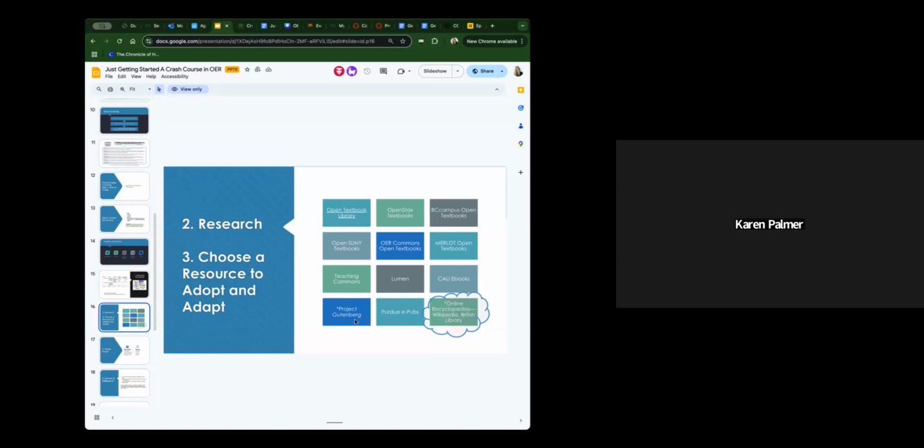In my literature courses, I can find some older stuff that I can just put right in the textbook for students. The thing that's in the little wiggly cloud is the online encyclopedias. So Wikipedia is Creative Commons, which is one of the reasons that, since Wikipedia came out, I know faculty always tell us don't use Wikipedia as a source. But